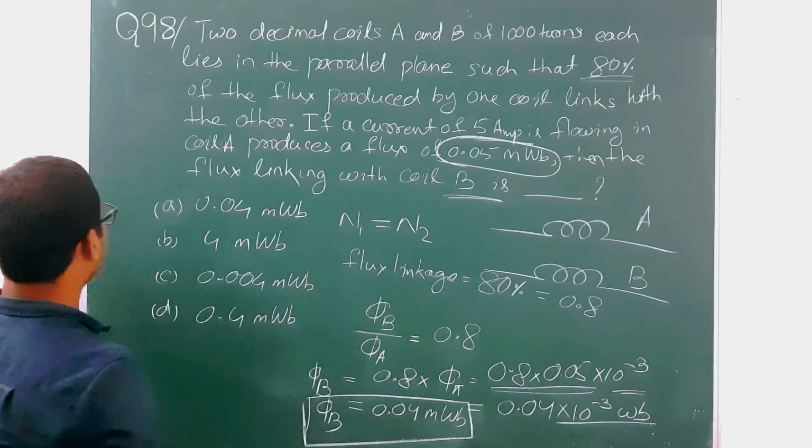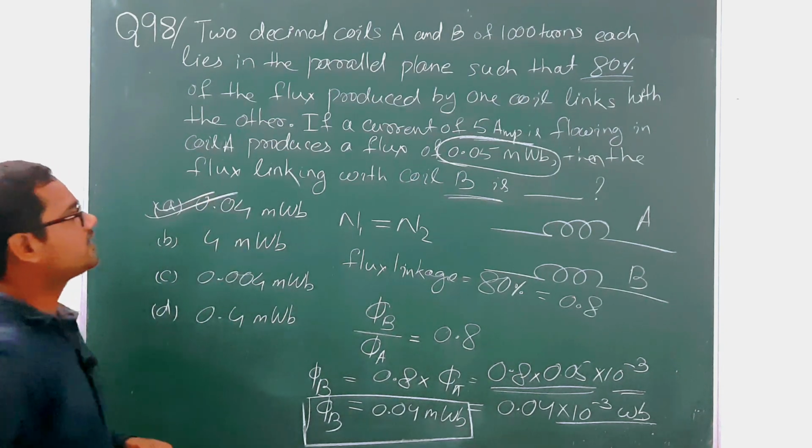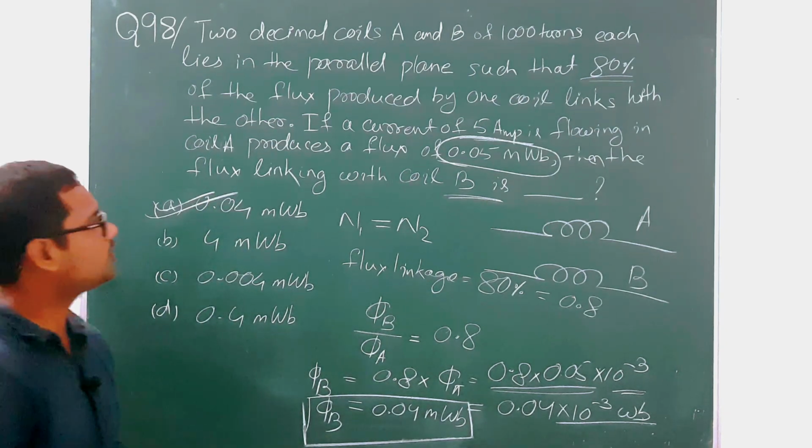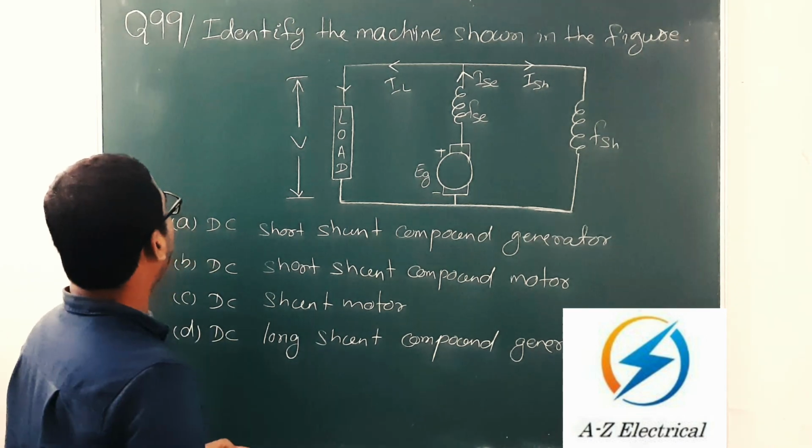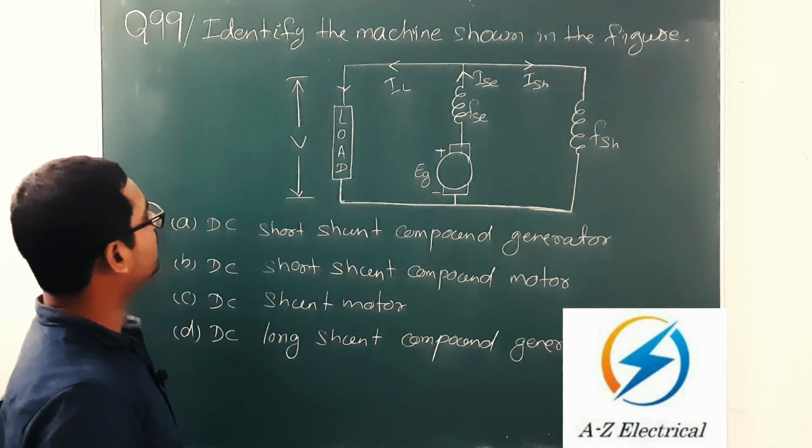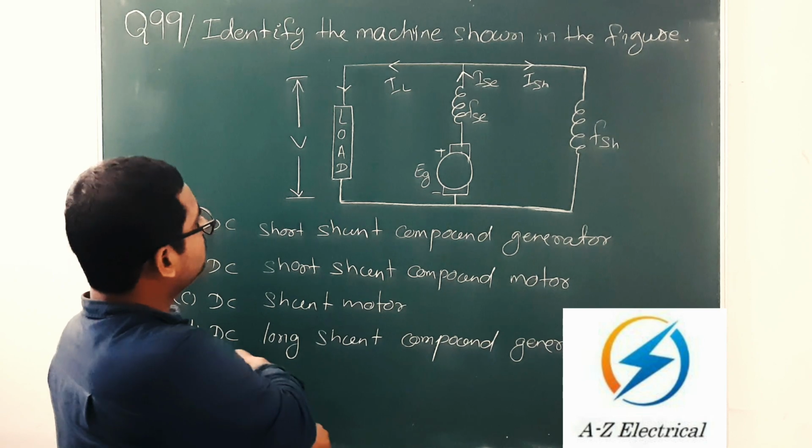So from these four options, your option number A is your correct choice. Okay, so moving to the next question. Question number 99. Identify the machine shown in figure. Okay, so this is one diagram where your